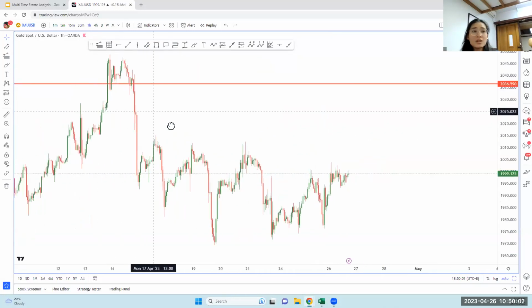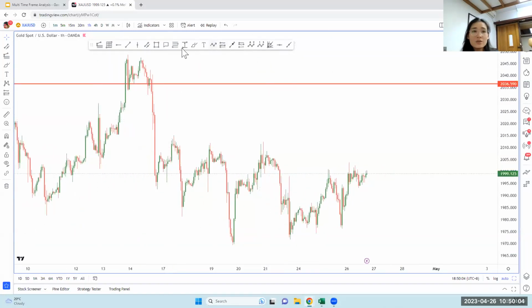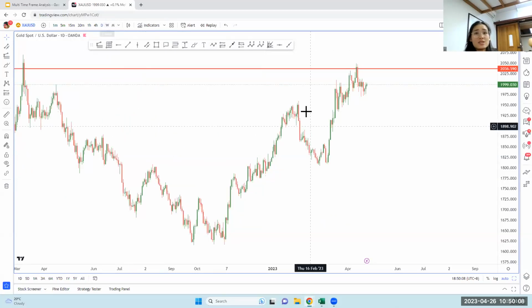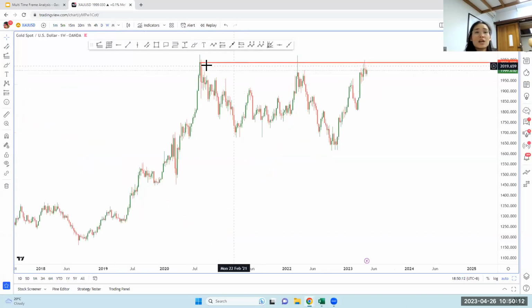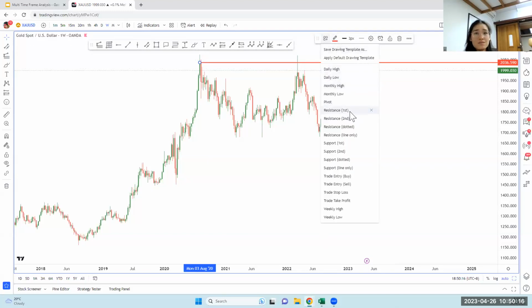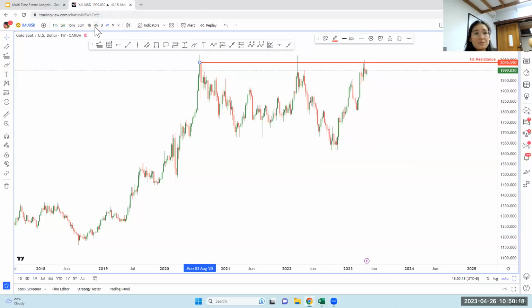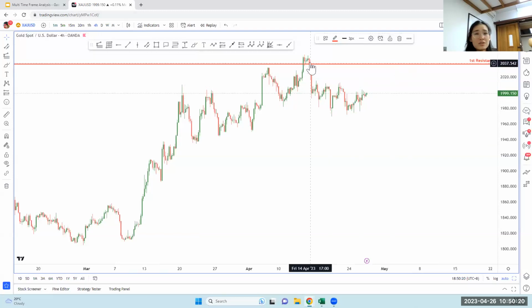Okay, so here's something I want to point out. Earlier, we saw on our weekly and daily time frames that this level is a pretty significant level since it cuts through 3 significant swing highs. So this is a resistance. Okay, but if we zoom in on the lower time frames, you can see how this level cuts through the